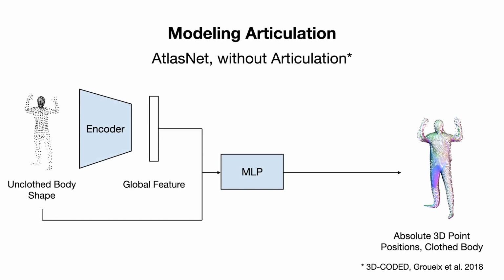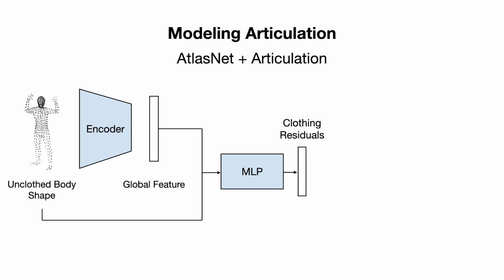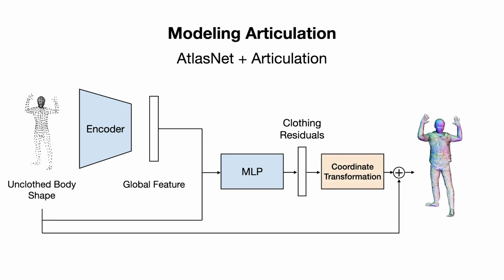This is achieved by a carefully designed architecture that addresses limitations of existing methods that use surface elements. One of the most popular methods of this category, AtlasNet, predicts the absolute location of points in space without considering articulation. Articulation is critical for modeling clothing on humans. To address this, we predict residual clothing differences from the body in an unposed canonical space, and then apply articulations using the known body transformations. By applying this technique to AtlasNet, the result is already greatly improved, but still lacks sharp details.